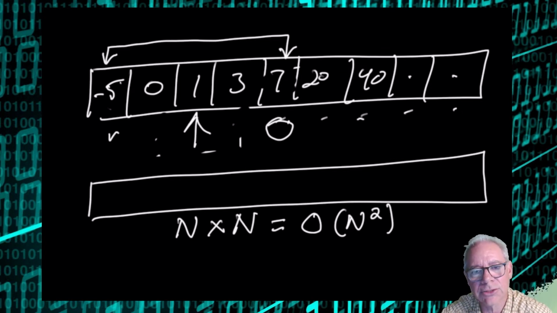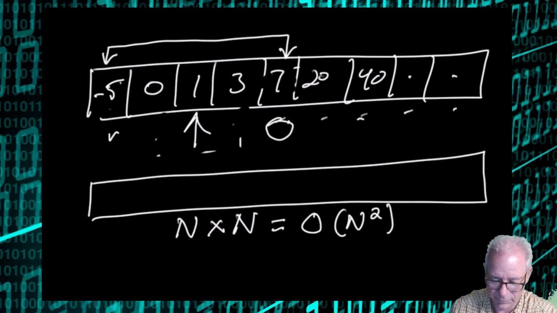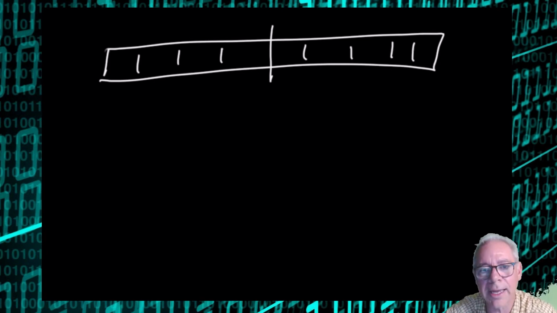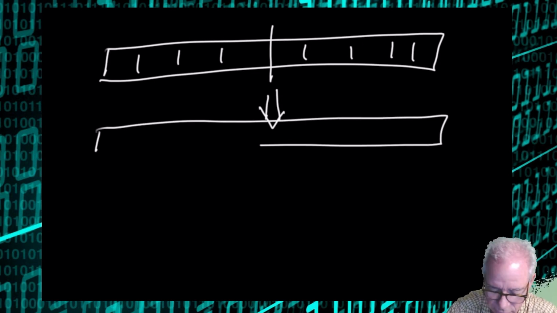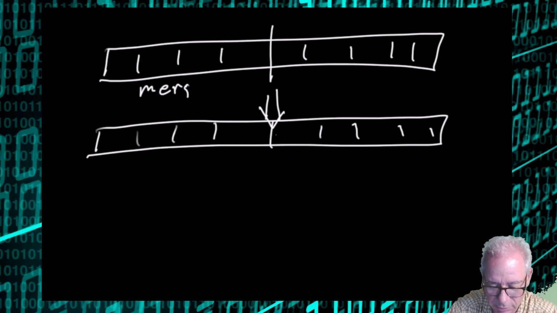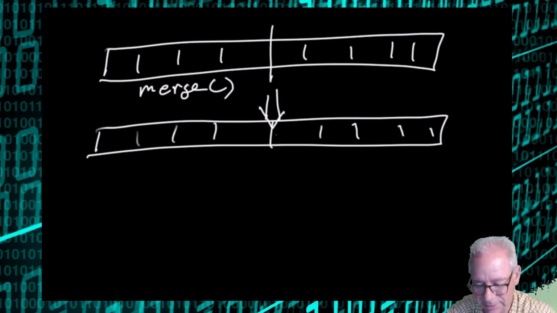Where we would compare that to something like merge sort, and you can look up merge sort on Wikipedia, and you can see it's actually not a very complicated algorithm. The idea behind merge sort is really based on cutting things in half. So if I have this list or array of elements, and I'm going to sort it into another array, what I would first do is use that recursion again. We assume that merge sort works for smaller arrays than the one we have, and then call merge sort on each of these two smaller arrays,